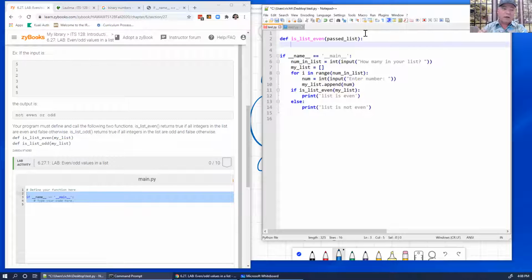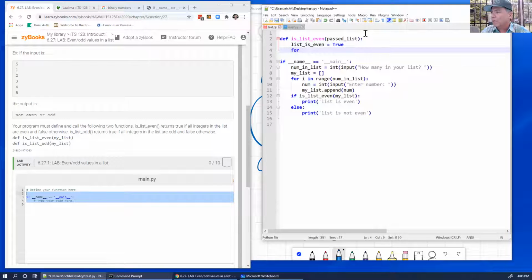I'm not checking if odd. That's another function that checks odd. I only have one mission here, and that's to see if all the numbers are even. So I start looking, and okay, list_is_even, and I'm going to say that's true. Start out by saying it's true, and then I'm going to do for